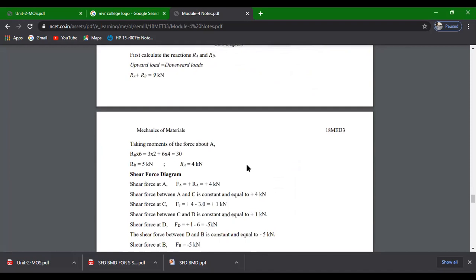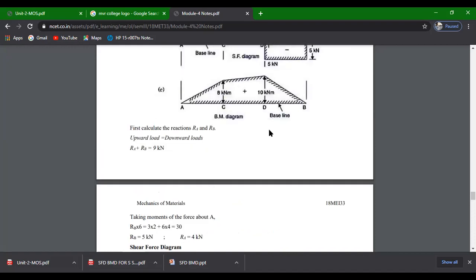And then next we are going to consider the moment about the particular point A. All we need to consider here are the moments due to the forces at the point A, or B. Whenever you consider a point A, the summation of all the moments is equal to 0. RB is multiplied by how much distance? It could be 6 meters.